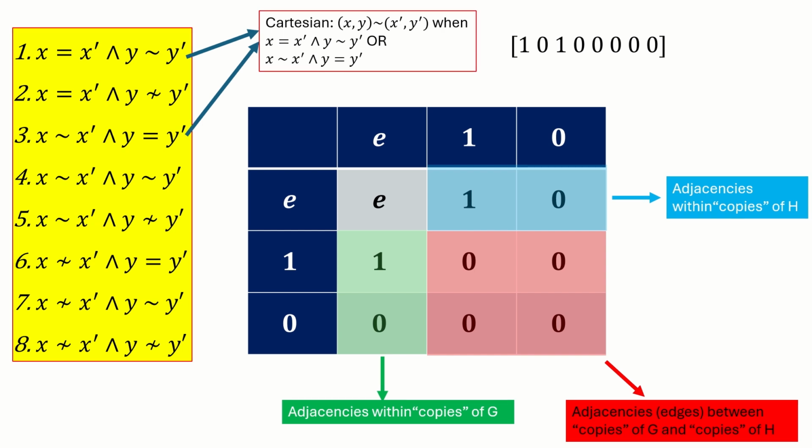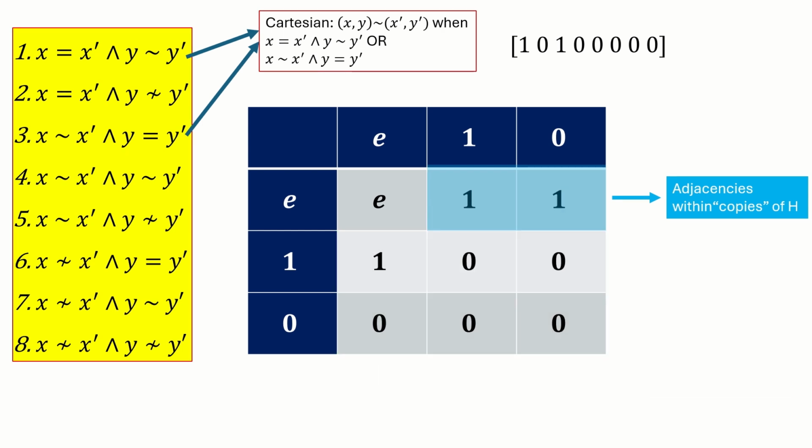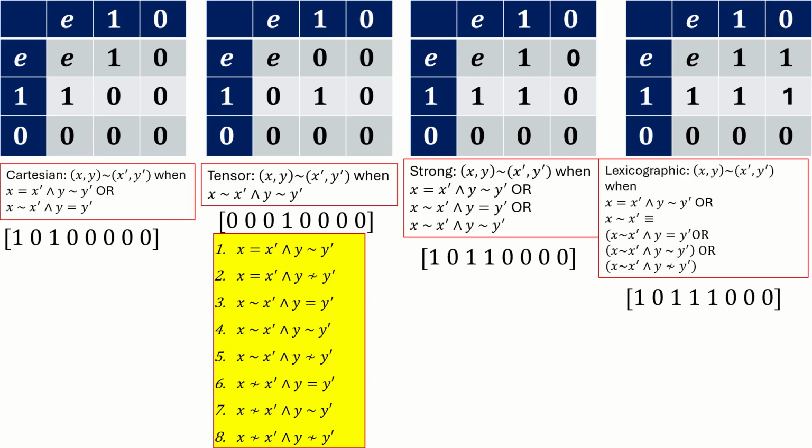For example, if you have all ones in this section, your product graph will have as subgraphs copies of the complete graph on the same number of vertices as your right factor graph. Specifically, it'll have as many of these copies as there are vertices in the left factor graph. Moving on, here are the tables for the rest of the 4 most commonly studied products. With this new way of encoding the adjacency rules of a graph product, we're now ready to find all of